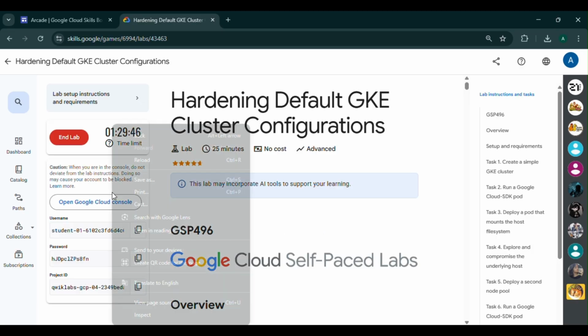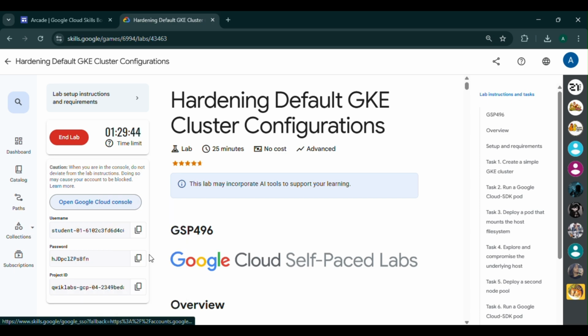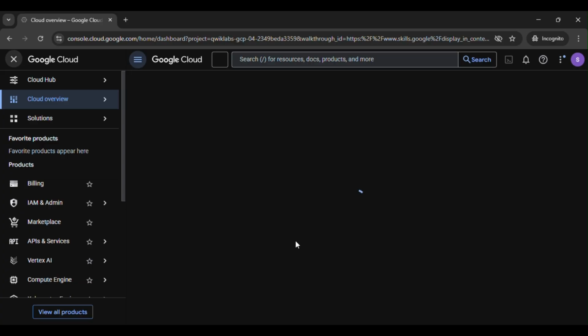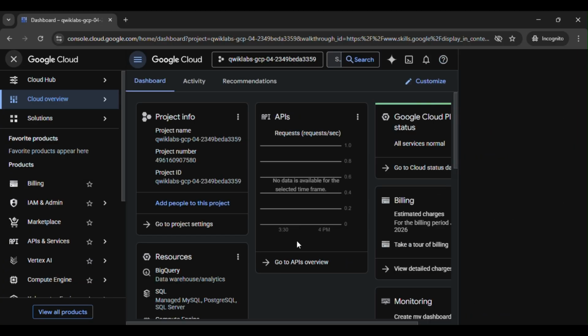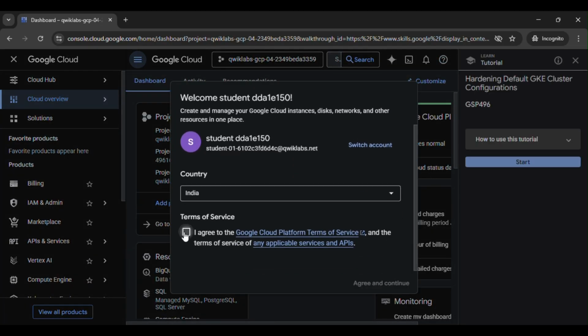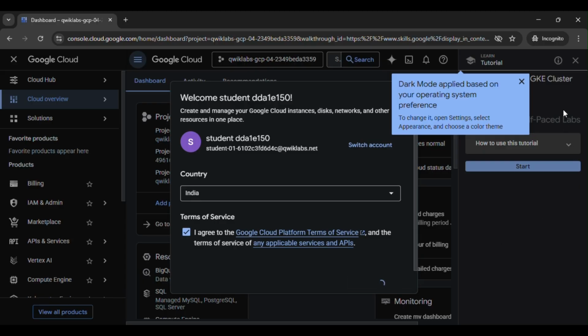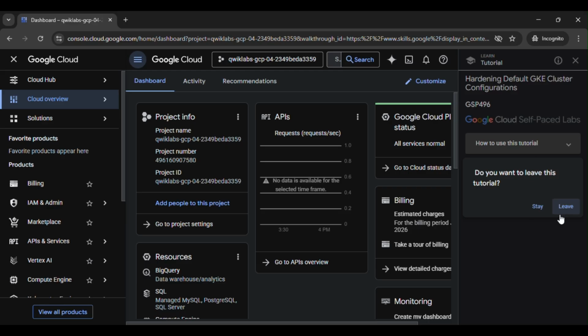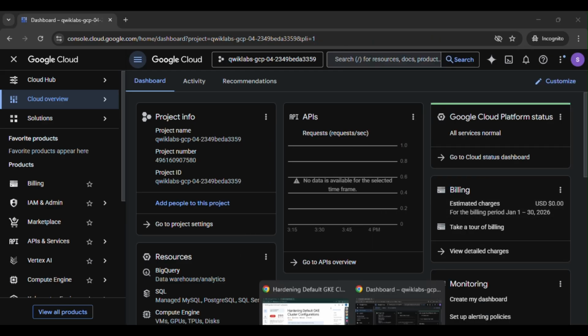नेक्स्ट हम इसे एक इनकॉग्निटो विंडो में ओपन करेंगे। क्लिक अंडरस्टैंड। क्लिक आई एग्री एंड कंटिन्यू। देन हम यहाँ से ट्यूटोरियल को क्लोज करेंगे बाय क्लिकिंग लीव। एस ट्यूटोरियल ऑलरेडी यहाँ